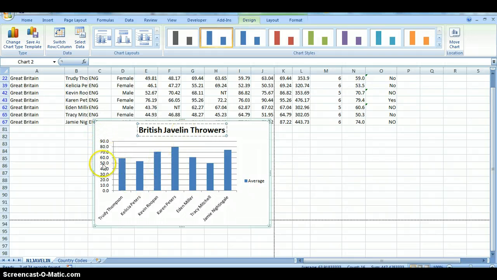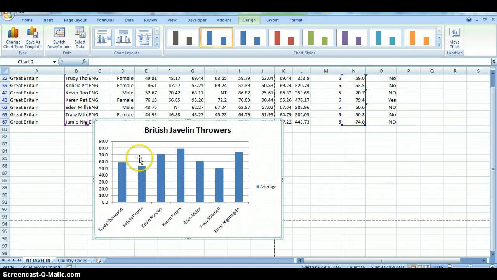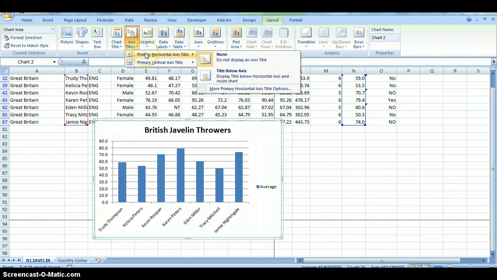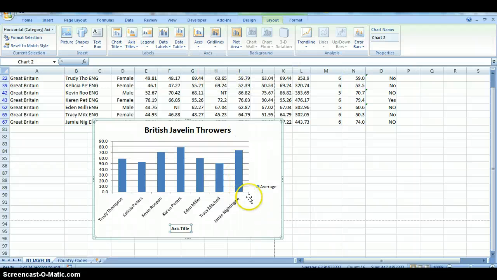Now I've noticed something, that the X and Y axes aren't labelled. Not necessarily asking me to label them in the actual practice paper, but I think it's good practice to do that. So if I click on the design area here, we can see we've got other options that you could use. I'm going to go for the layout and go for axis titles, and I'm going to go primary horizontal axis and title below axis. And so this is going to be athletes,